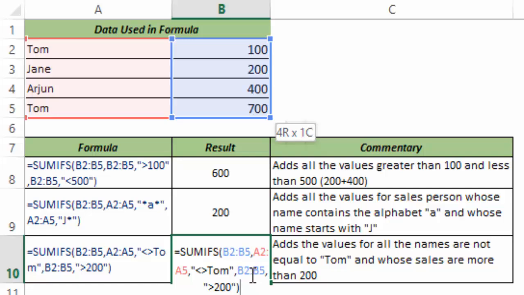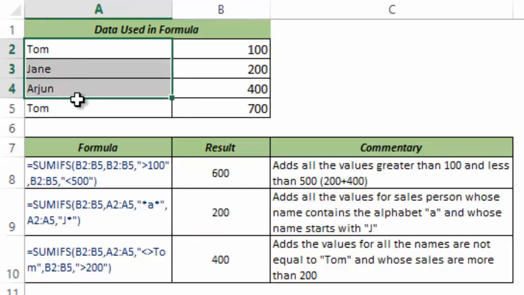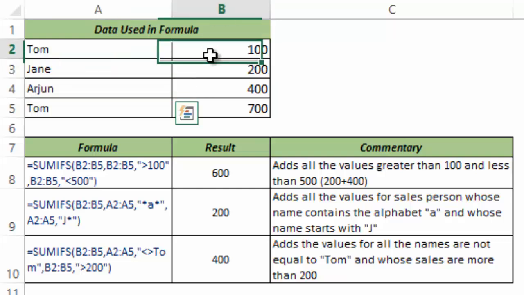Now when I hit Control Enter, this gives me 400. Let's see why it gives me 400. It goes back here and first checks for the first condition, which is not equal to Tom. A2 does not meet the criteria, A3 and A4 meet the criteria, and A5 does not meet the criteria. So these two meet the criteria. The second condition is it should be greater than 200, and the sum range is this.